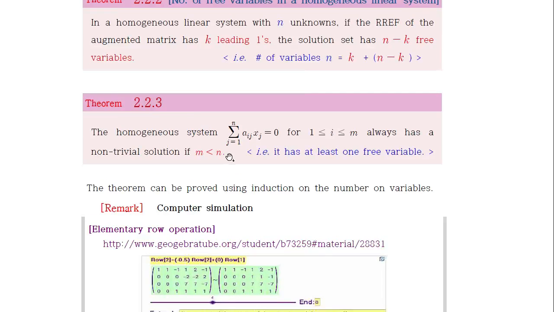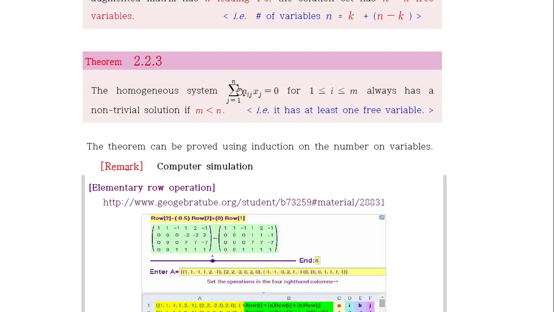Okay. Next, the homogeneous system can be written in this way. We have m equations. It always has a non-trivial solution if m is less than n. What does this mean? If you have a linear system of equations which has more variables and fewer equations,